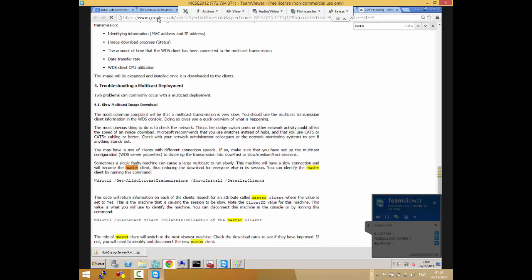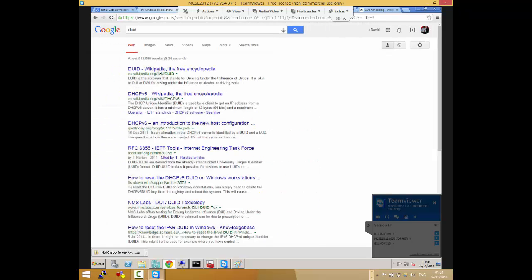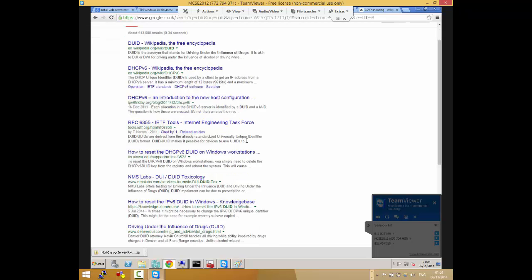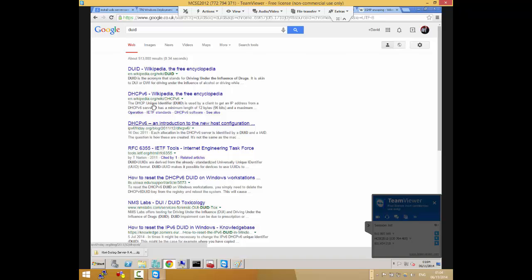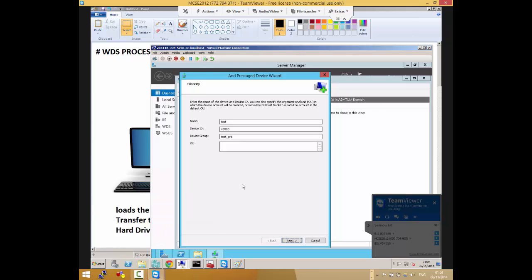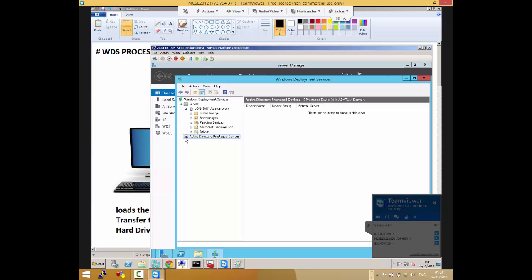DUID. No, it says driving under the influence of drugs. So we're not looking for driving. DHCP version 6 DUID Windows. It's the DHCP unique identifier. I'm sure it's a way to uniquely identify a device. I will read about it on my own time. Don't worry. So that's one way that we can use to specify and say these are the computers that